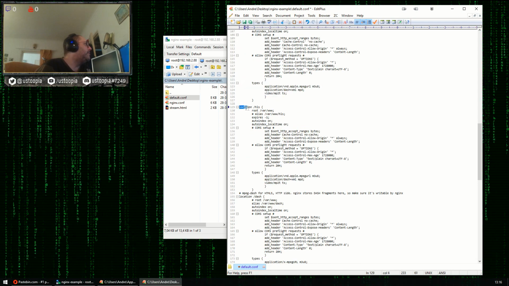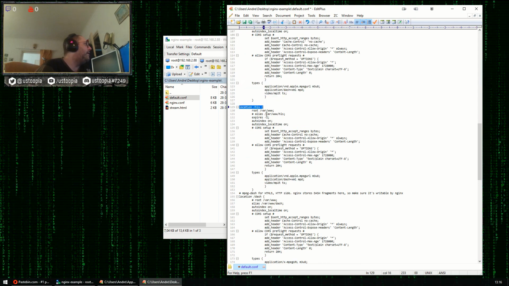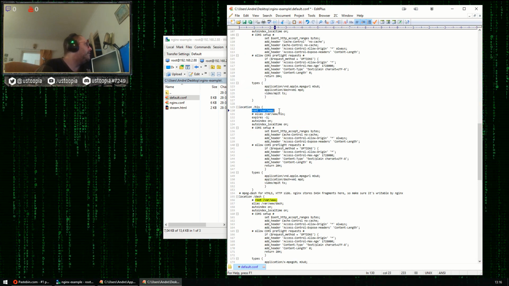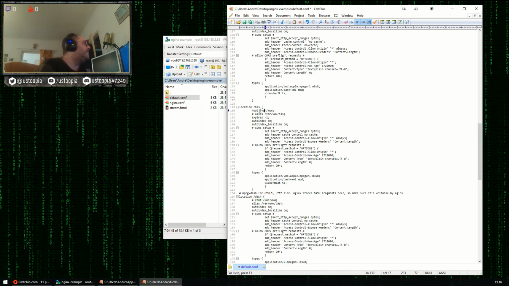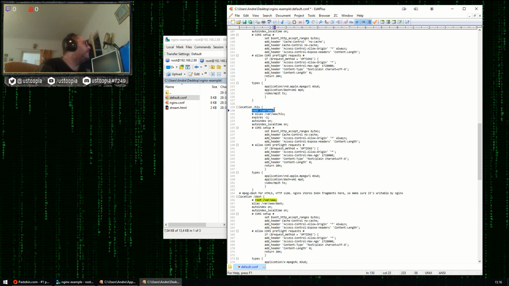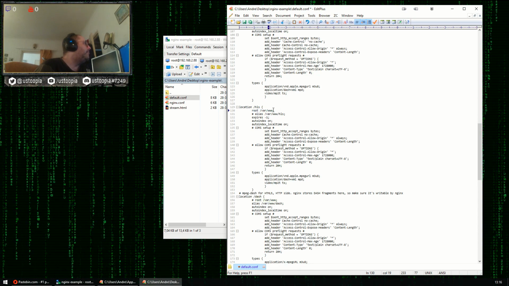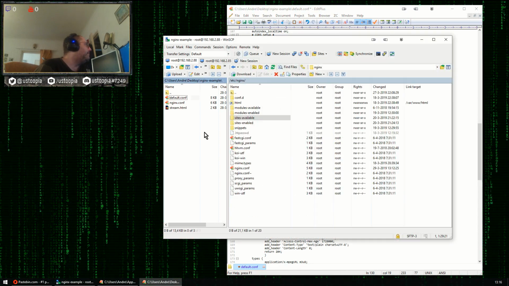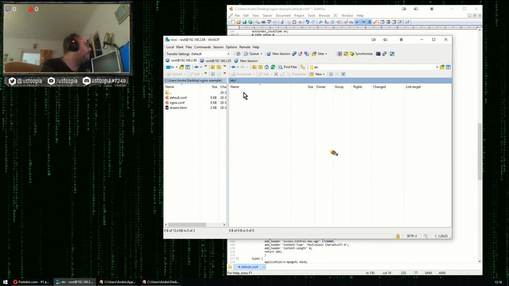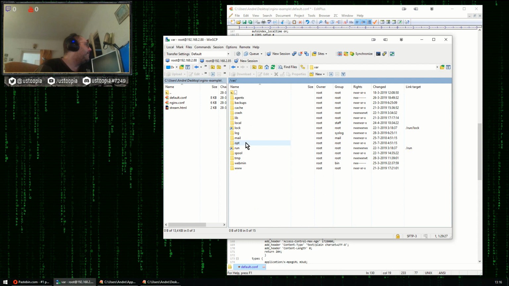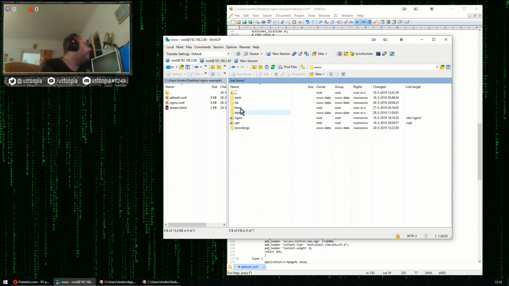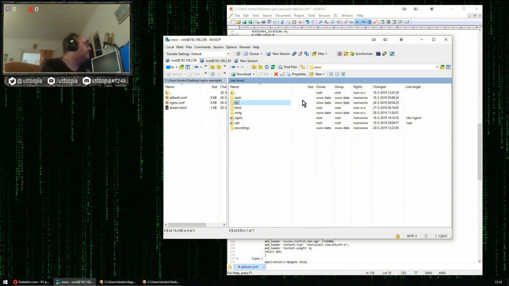Same thing basically for HLS. The alias, no, oh wait, it's not an alias. As you can see, this root goes to /var/www, and in that folder there's this HLS folder.